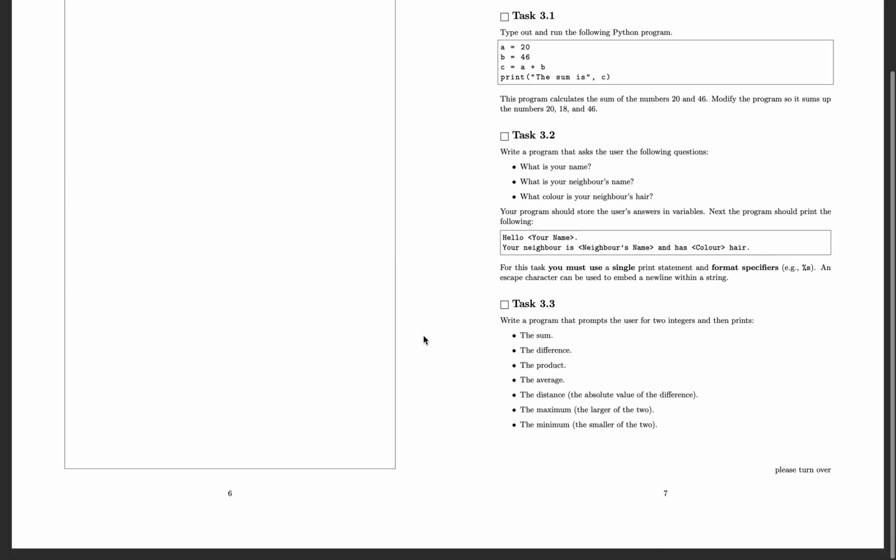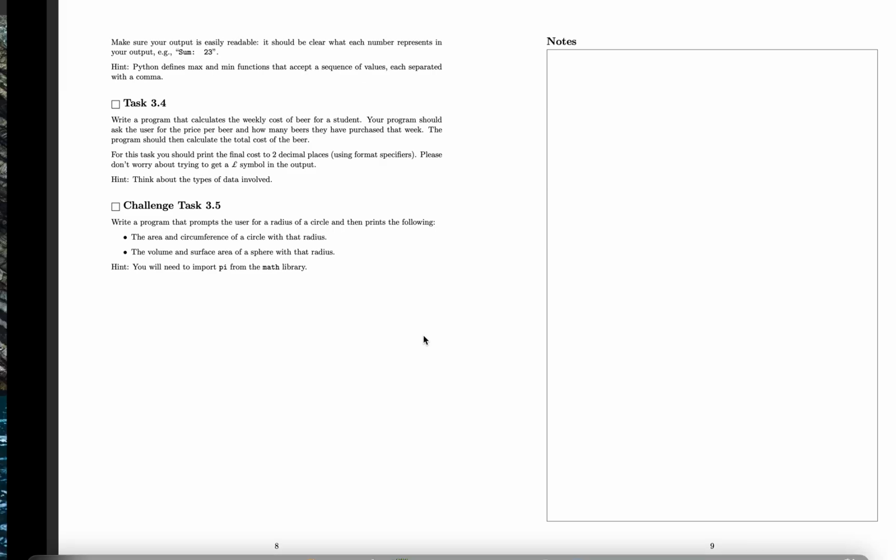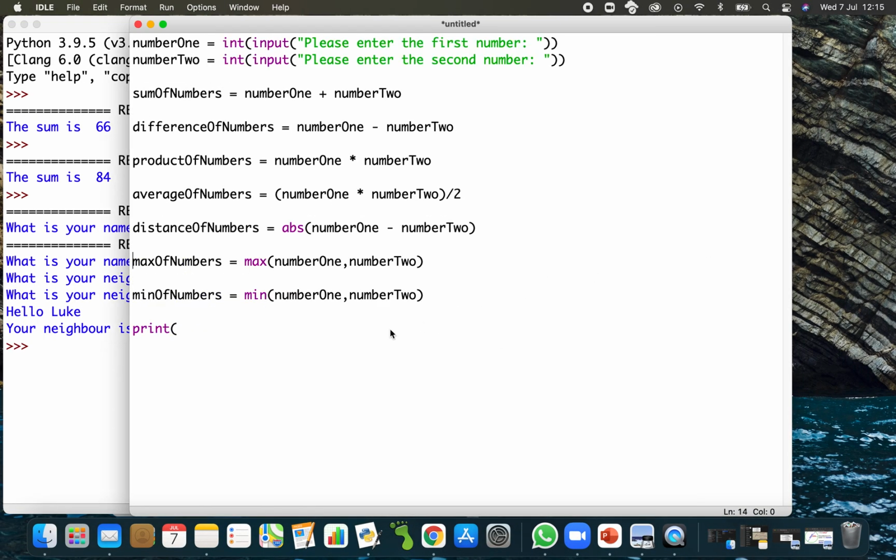Does it ask us to use format specifiers? Make sure your output is easily readable. Okay, so it doesn't ask us to use format specifiers, but maybe we will anyway. So print sum, and then let's have our %d, because it's an integer, and then we'll have a new line,